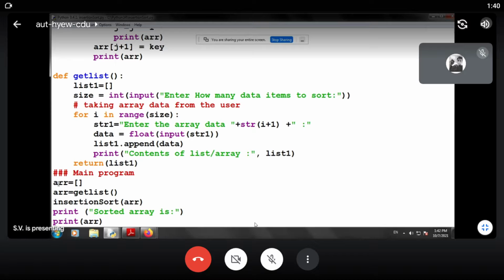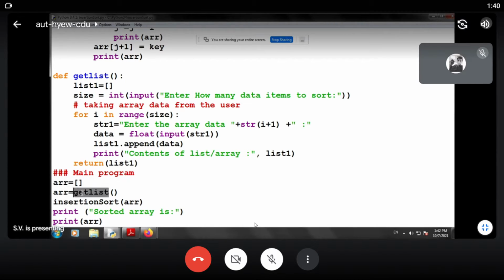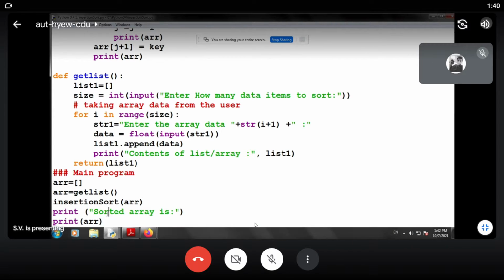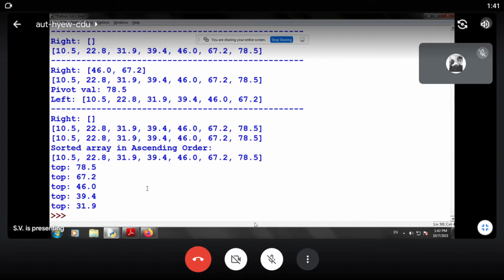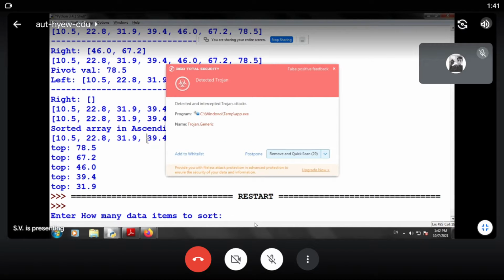In the main program, we have the empty array declaration, then getList, then we insert the contents into the array, and finally we get the sorted outcome. So let us see the simulation and understand the concept of insertion sort. How many data items over here? We'll put 7 data items.